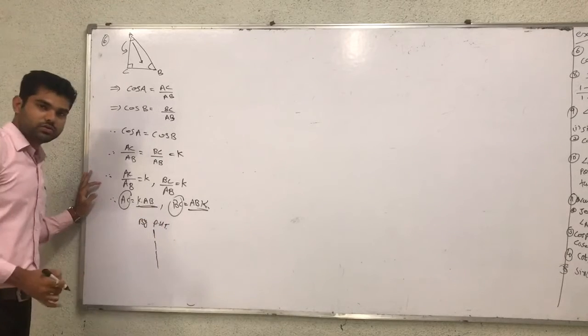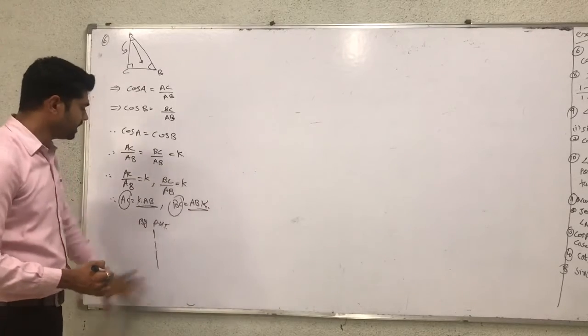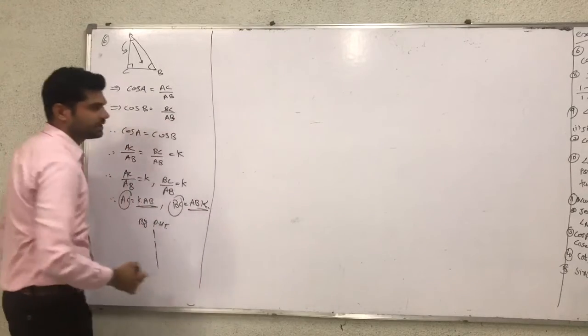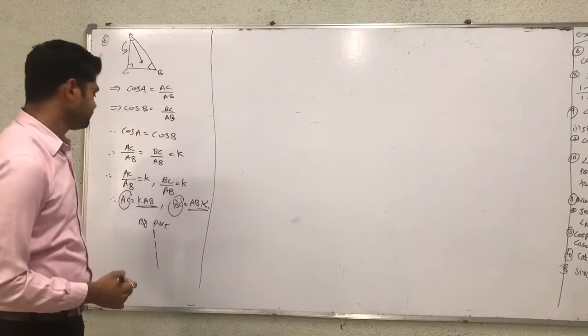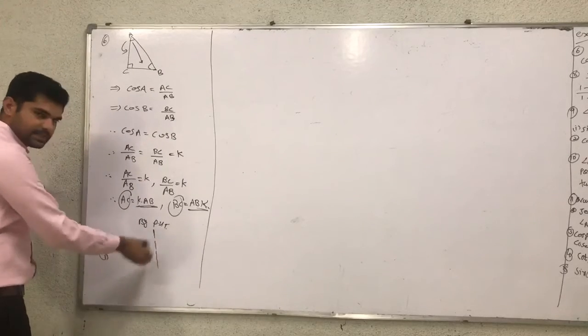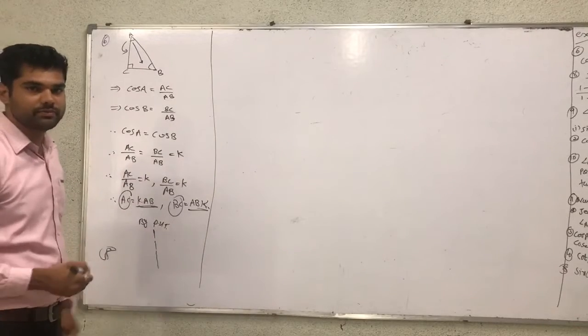So for the calculation, apply Pythagoras theorem and find the value of all sides, and then prove that the angles are acute angles. Now question number 8. So solve it yourself and find the answer. Prove that angle B equal to angle A, both are the same value.